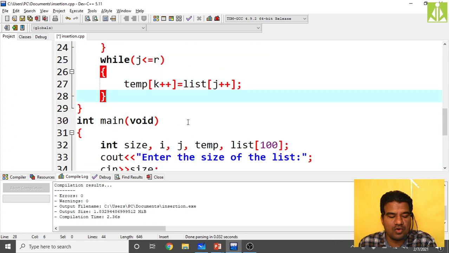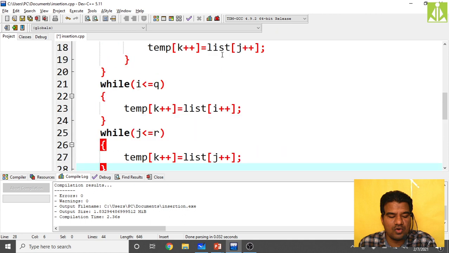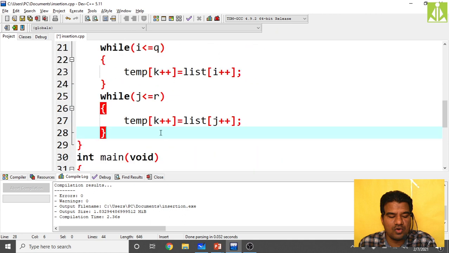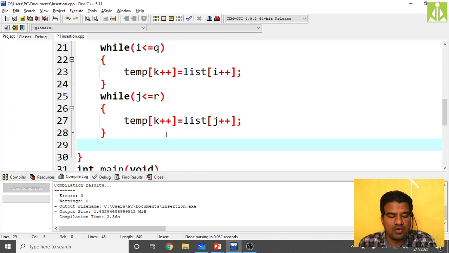And finally, after this, one more we are having, then we have a for loop here. For i equals r, i must be greater than or equal to p, i minus minus.